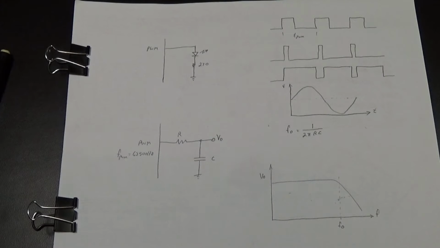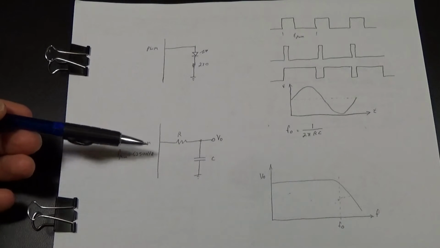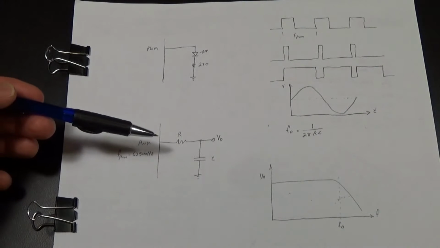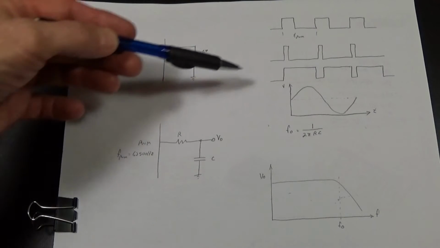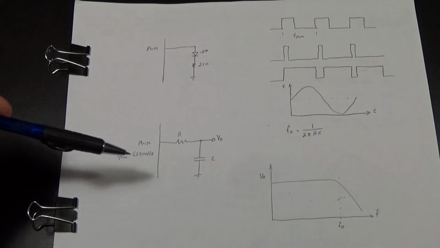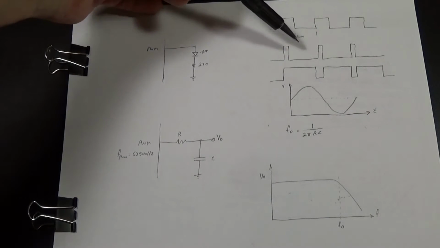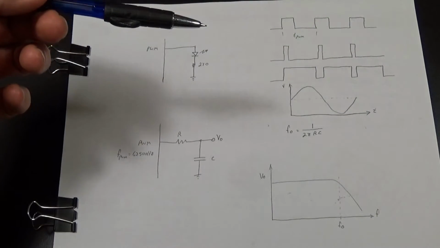In my previous video on PWM, I showed you how to generate a voltage with the PWM and how to vary that voltage by changing the PWM, simply by putting a filter like this, an RC filter, on the output of the PWM signal. What it does is it filters out, first of all, the PWM frequency, but it essentially just averages the on time versus the off time throughout all of the cycles of the PWM